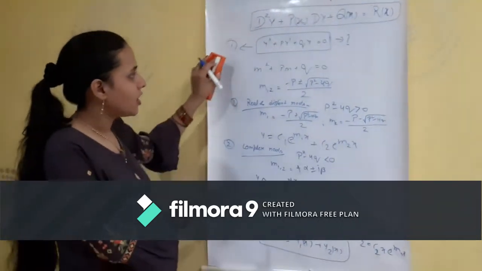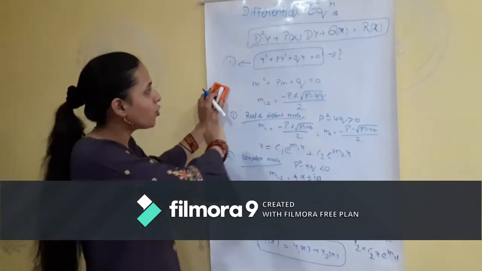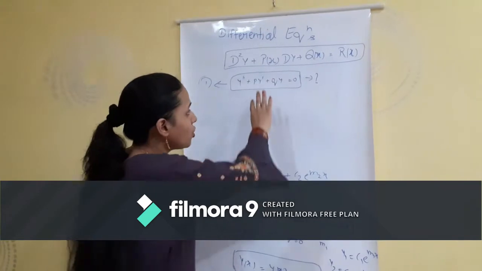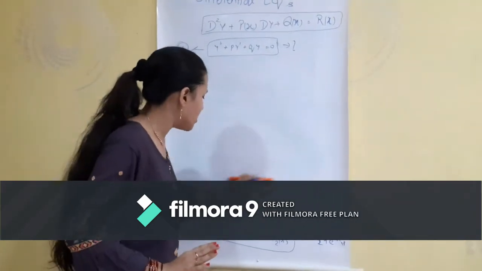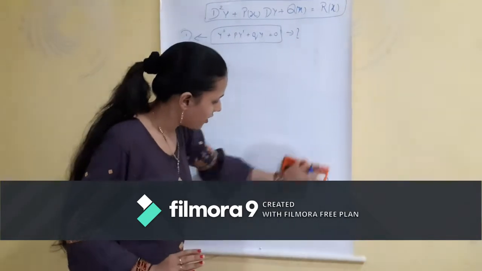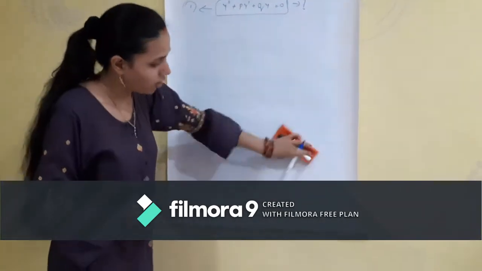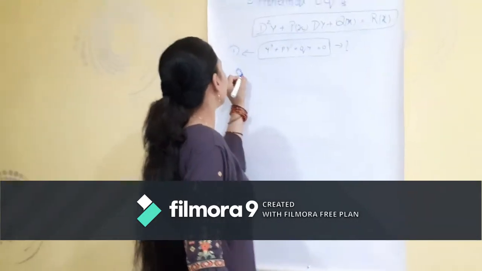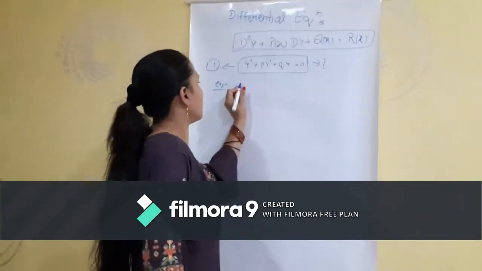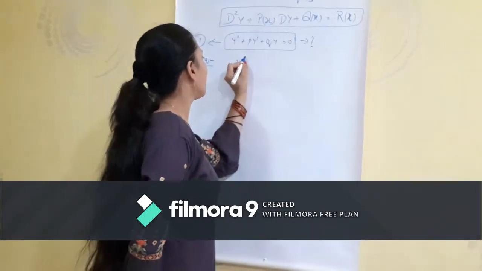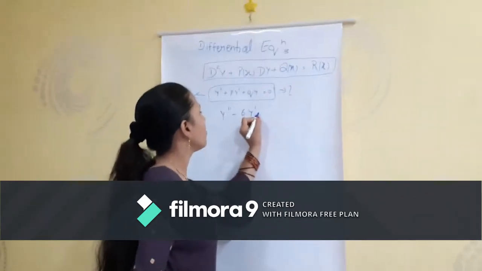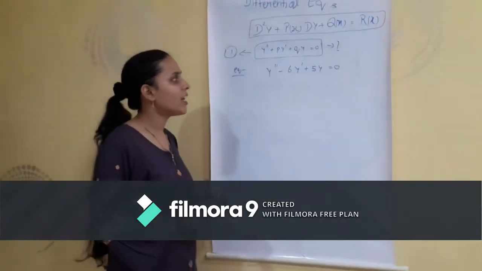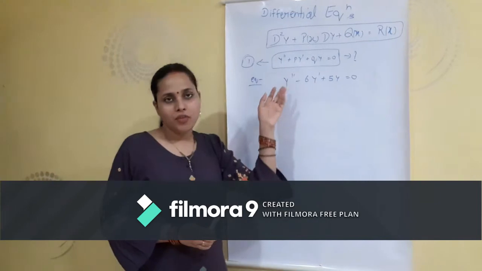As I have just given you a brief introduction on how to get the solution of second order linear differential equations, now I will give some examples which will satisfy all these properties which I have just given here. Very first, I will consider a case, suppose we have y double prime minus 6y prime plus 5y equals 0. Now this question can appear: find the solution of this differential equation.